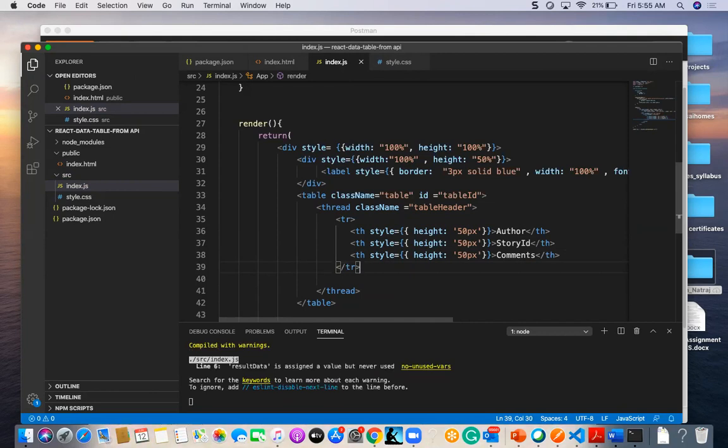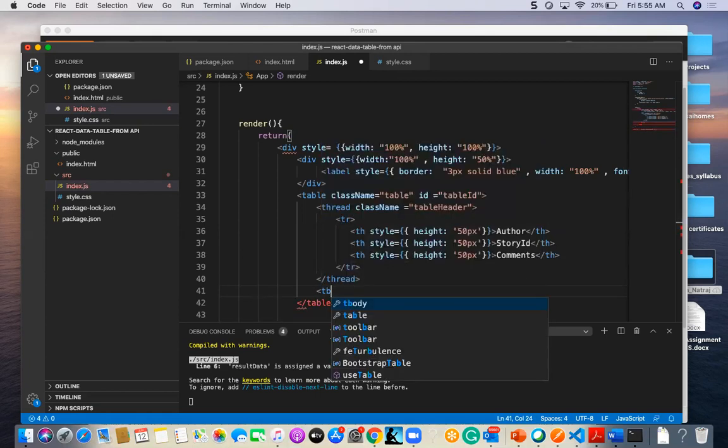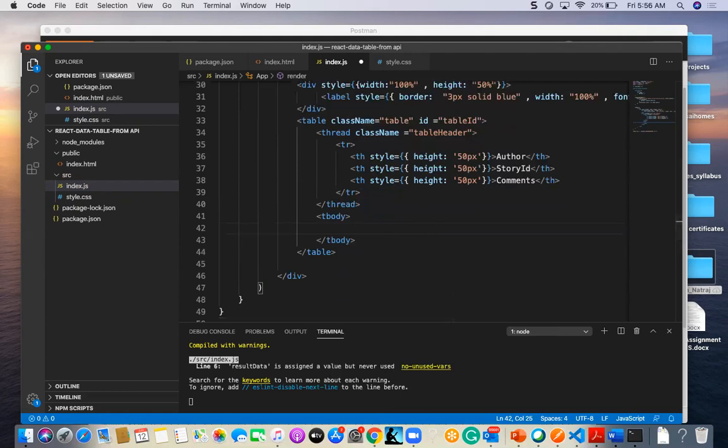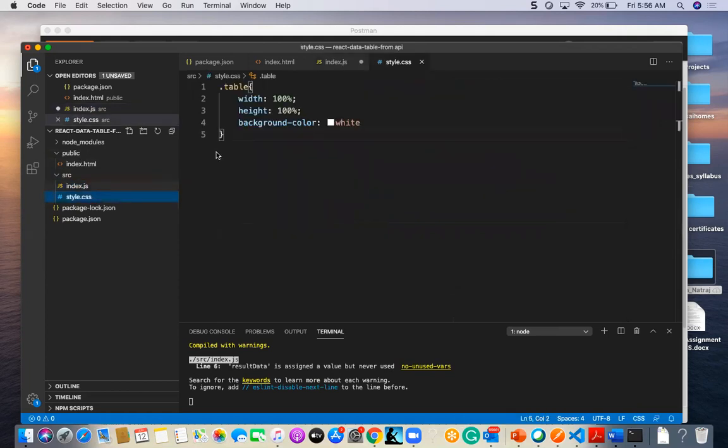Table header, thead, and the next one is tbody, the table body. In this I am going to mention the main thing. Before that I will give the CSS for this table header.